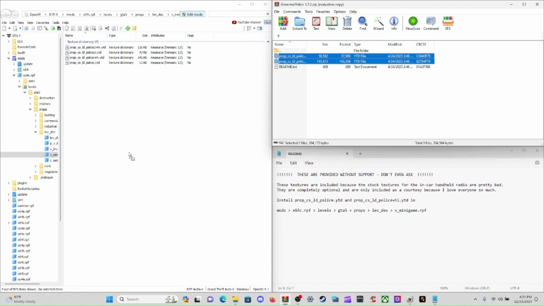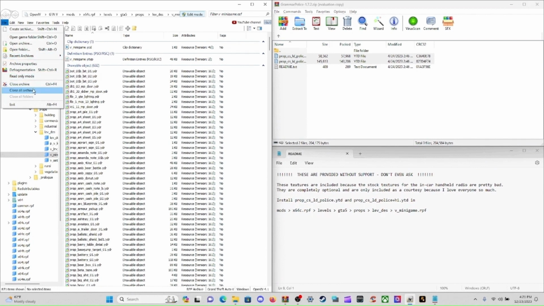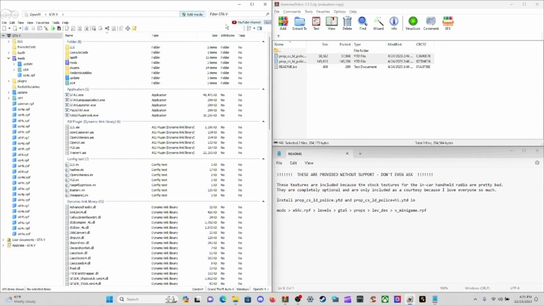Bring it over here to your OpenIV. You're going to see a kilobyte change in 3, 2, 1. There's your kilobyte change right there. And when you get done doing that, come back up here to your search box in OpenIV. Highlight that word, backspace on it. Go to File, go to Close Archives, and then bring down your